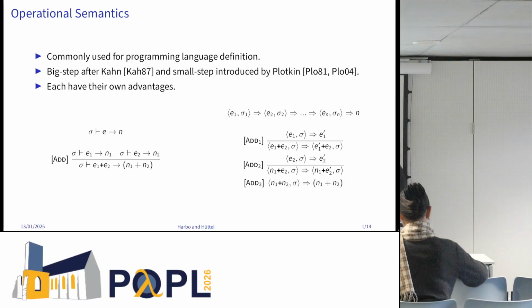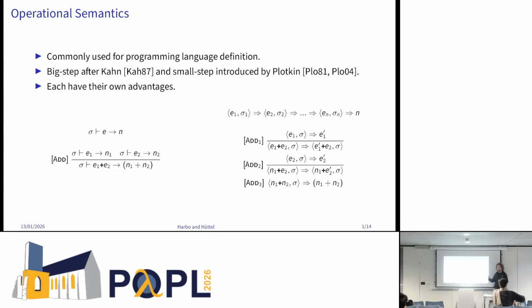The first being that big step rules, as you see over here, describe one complete computation in one step, so to say, whereas small step rules over here describe a single computational step in a bigger computation. As a consequence, the big step rules are often less numerous and also slightly simpler compared to the small step counterparts. But the small step rules have an easier time describing certain program features such as non-termination or